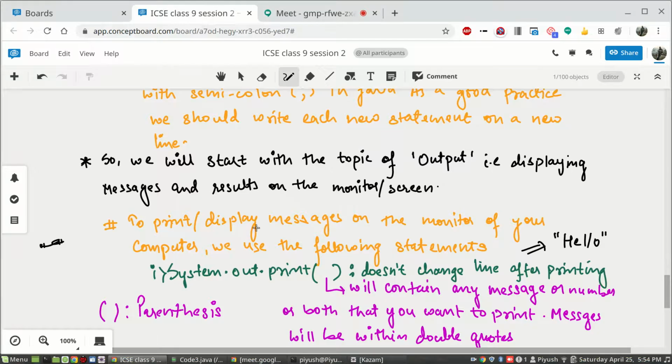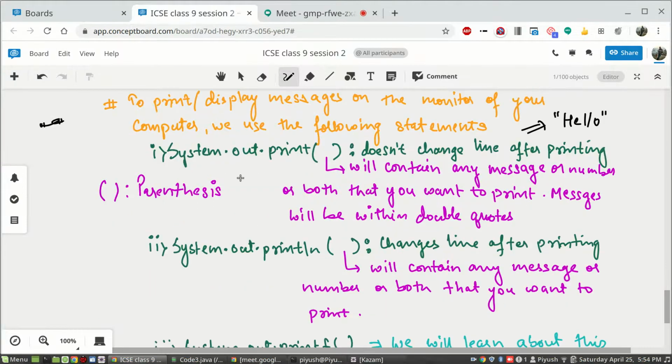Like I said, we have to learn 2 types of print statement. One is system.out.print. The other is the same thing, but just after t, you can see ln. ln stands for line. The rest of the concepts will be the same. However, after t, you will write ln.